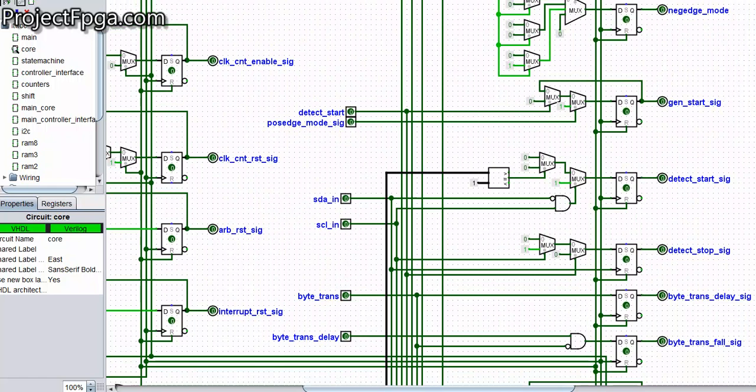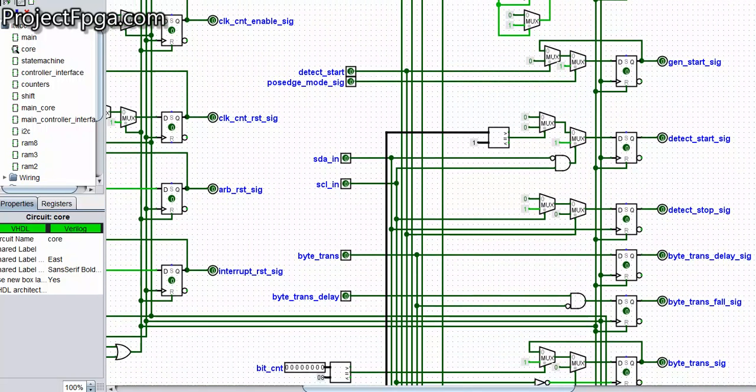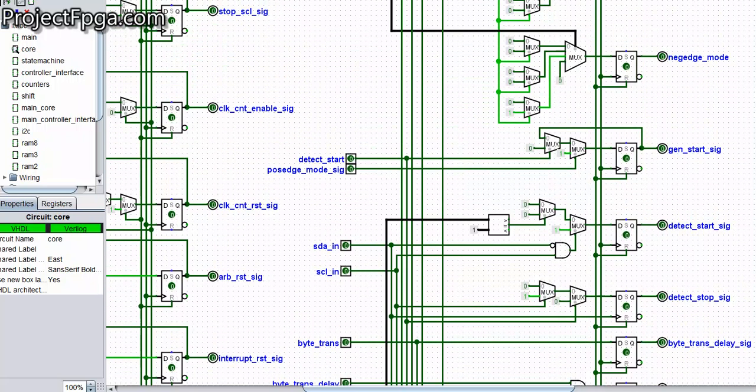Let's talk about gen start first, before we go back to gen stop. To turn on gen start, we have detect start and detect stop. The difference between gen start and detect start: gen start is used to generate the start signal, that is if you are using the outputs of the SCL and the SDA, while detect start is used to